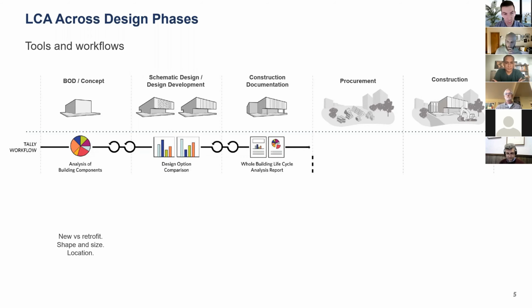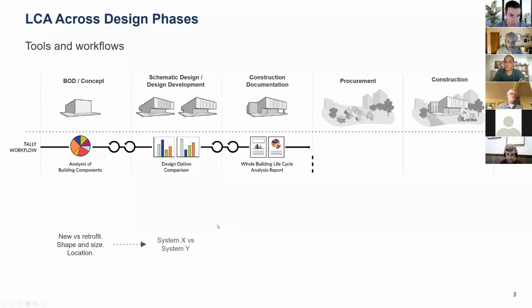What do different shapes and sizes of my building, how do they affect the overall embodied carbon of the building? And you can really just start getting the first understanding of where your embodied carbon impacts are coming from within the building systems. So for example, is it coming from the structure, the envelope, or the interiors? Is there a single material that is really overshadowing all the other ones? This is your first look at your project from an embodied carbon perspective.